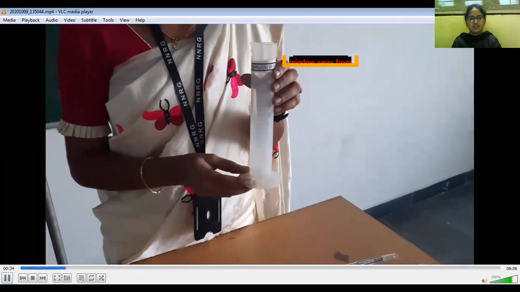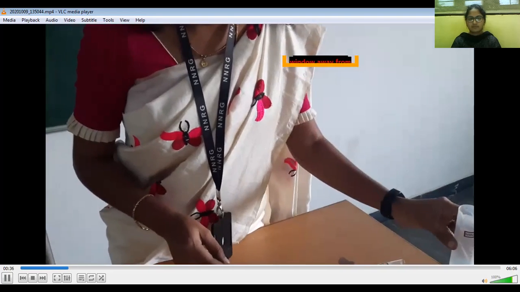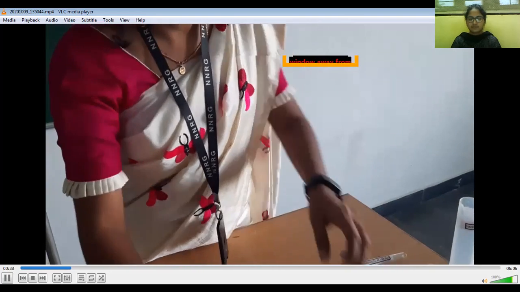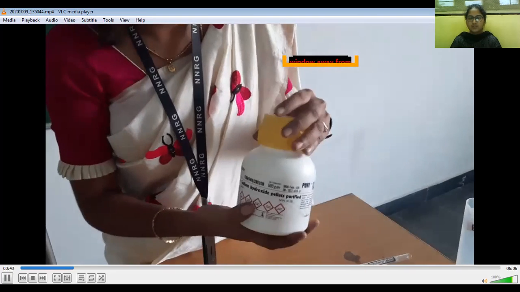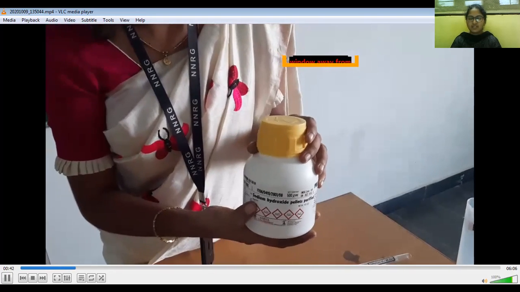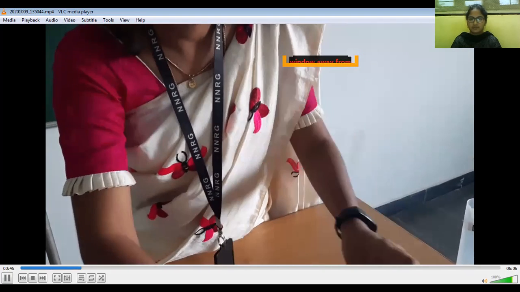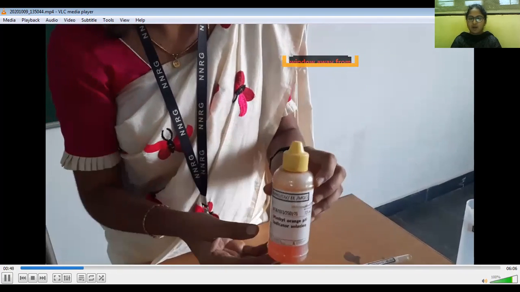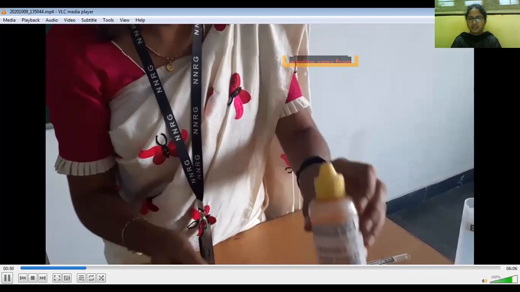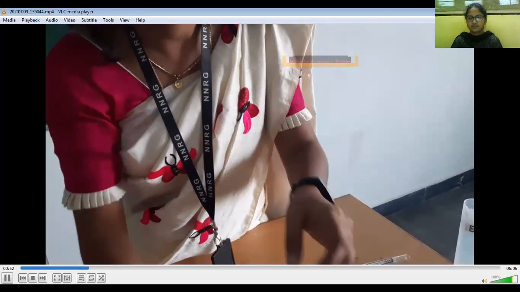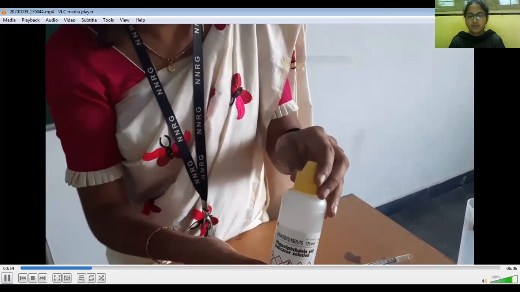Measuring cylinders. In addition to that, sodium hydroxide, methyl orange indicator, phenolphthalein indicator.